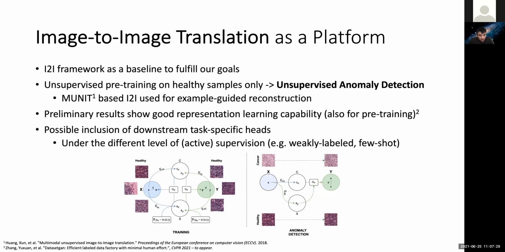So our approach is based on image-to-image translation, which is a GAN-based framework that learns a mapping between different domains. In a supervised fashion, you have pixel-level correspondences. In an unsupervised fashion, you only have images that are not paired at all. In this work, we show that image-to-image translation alone can be very effective for unsupervised detection of visual anomalies